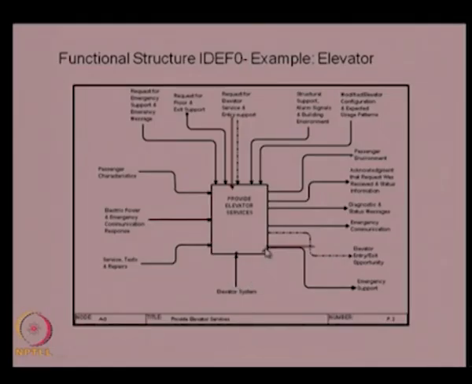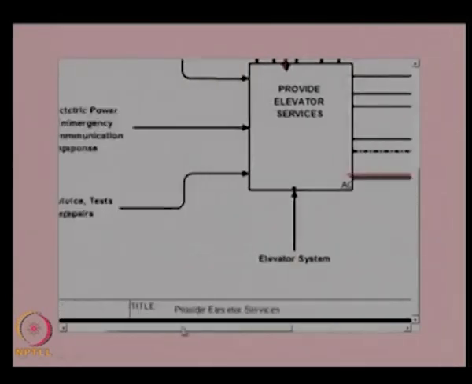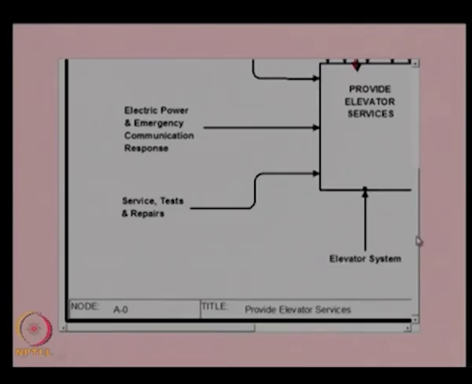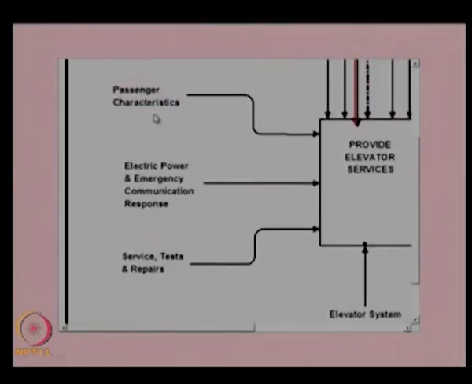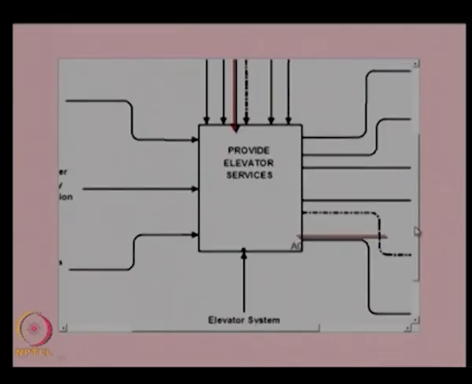This A0 is the top level function which is provide elevator services, and all others are inputs and control signals and outputs, and you have the mechanism as the elevator system as the mechanical system which actually provides this service. So, there are different inputs. You can show it in a better way in this diagram. So, you can see here this is the context diagram. So, these are the inputs, the passenger characteristics are inputs, electric power and emergency communication response is the input, the service test and repairs are the inputs here, and here you have other inputs like